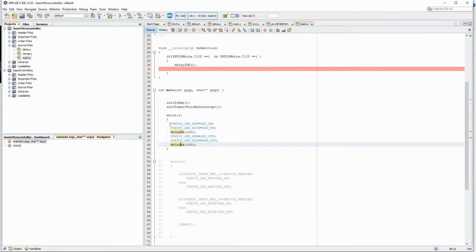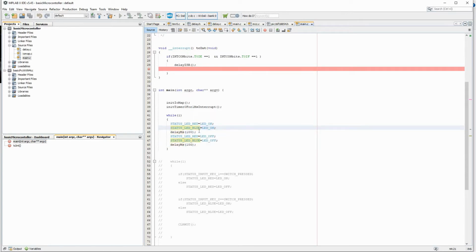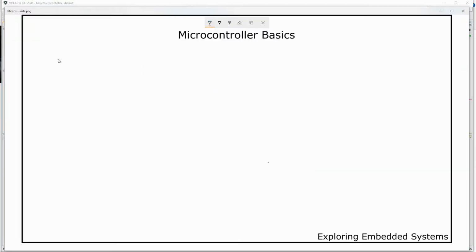Let's break up this LED blinking code into different states. The first state is the LED is on, then there is a wait state, then the LED turns off, and there is a wait state. So now there are 4 states.